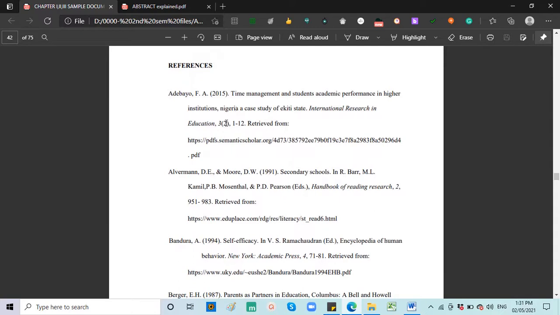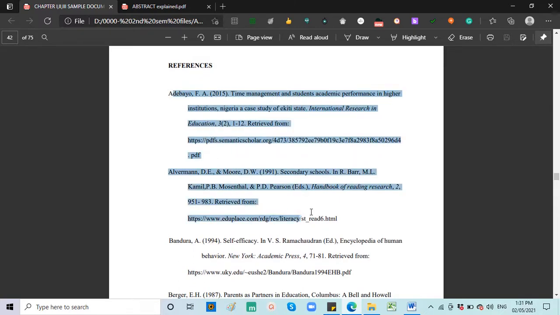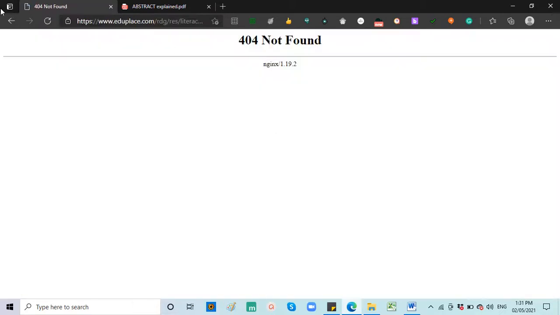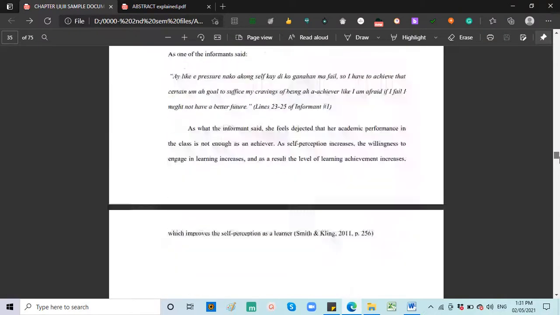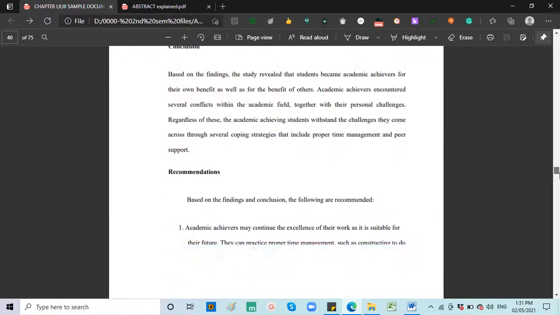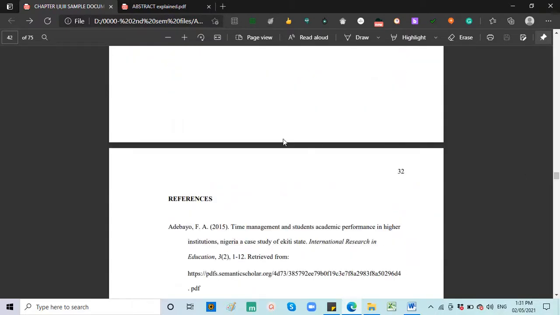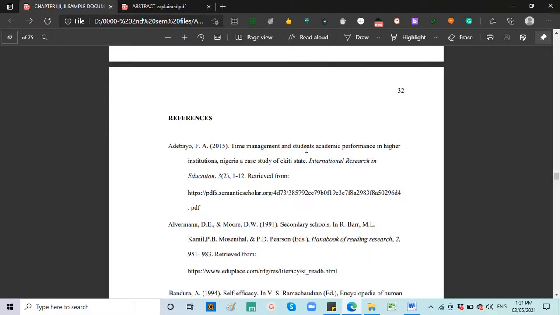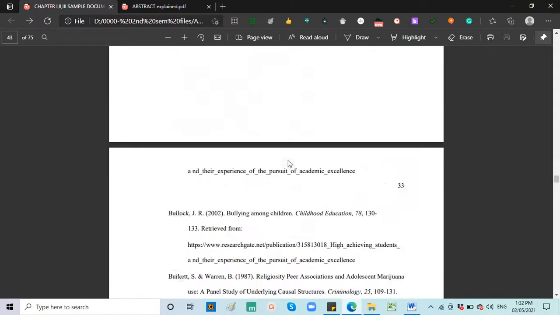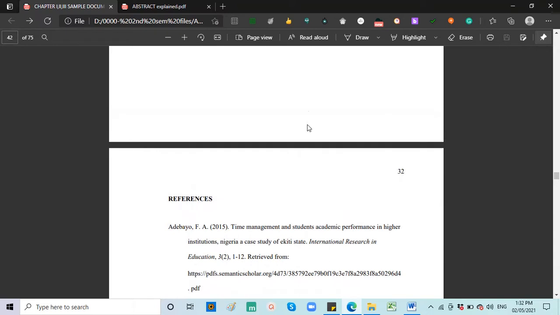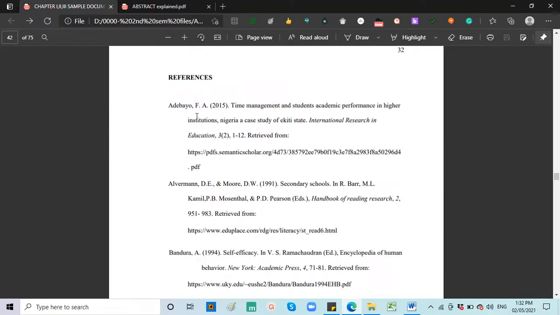It is very important that everything you cited in the paper should be in your references. Okay, so please go check on that. That is a big part of the grade, an appeal in the grading of your paper. If your references are poor, your paper will also be poor, and there is a possibility that the paper will fail. So you have time to check and review the references that you have cited in the in-text citation. They should be placed in the references.